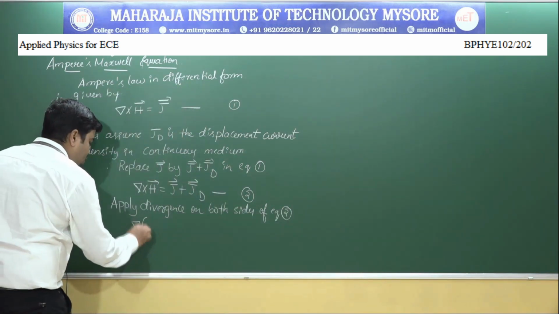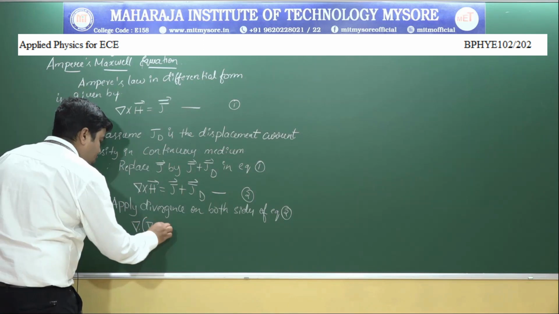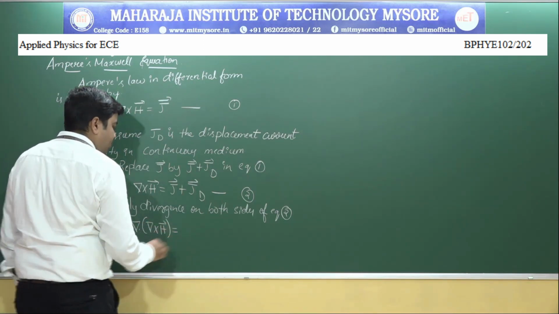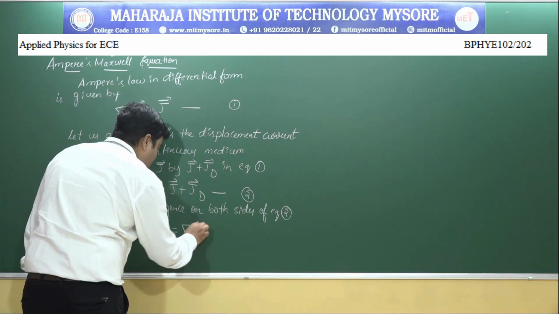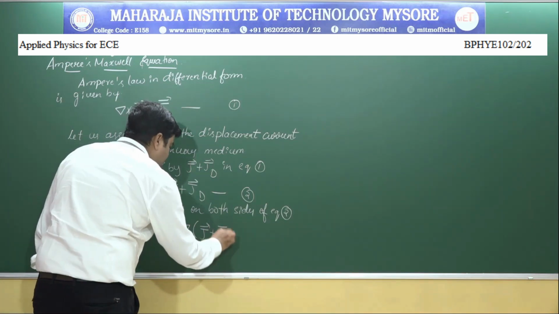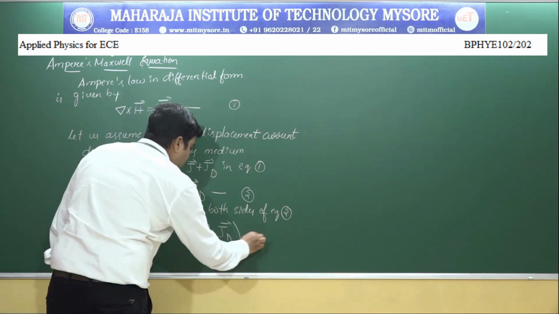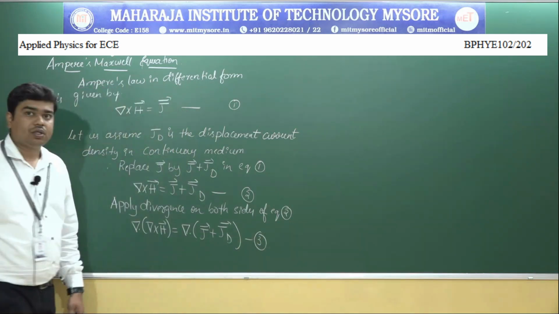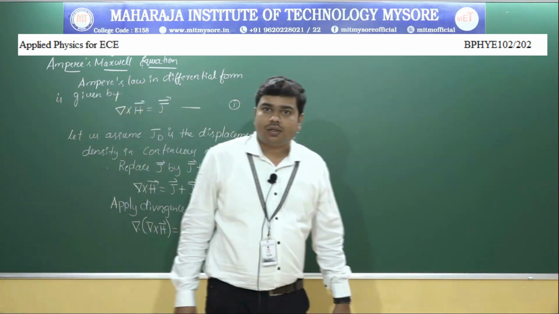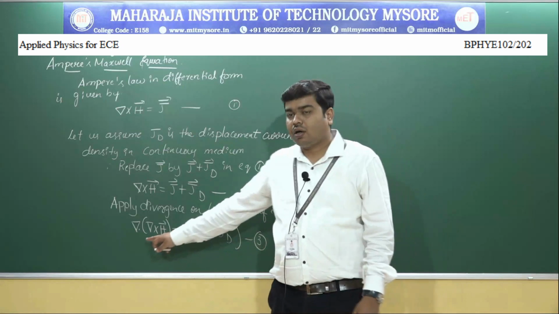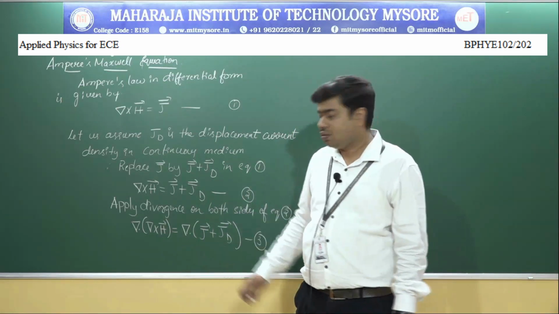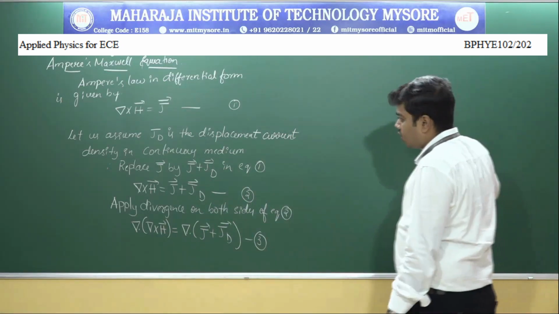Then it is del dot del cross H is equal to del dot of J plus JD, we will call this equation 3. According to vector analysis, the divergence of curl of any vector becomes equal to 0, hence we can write,